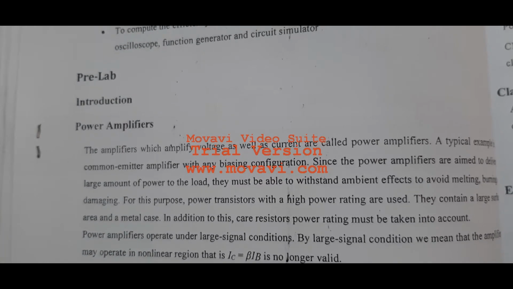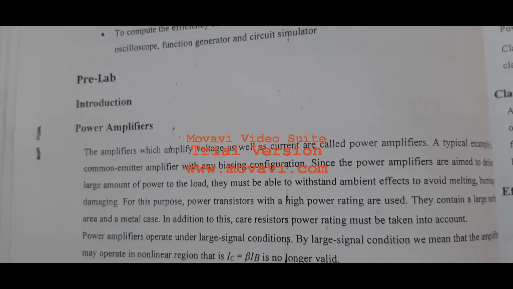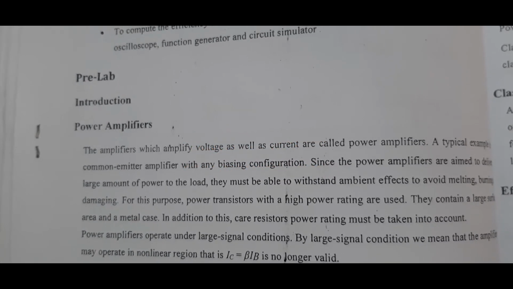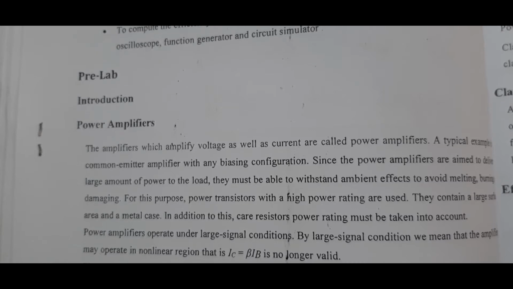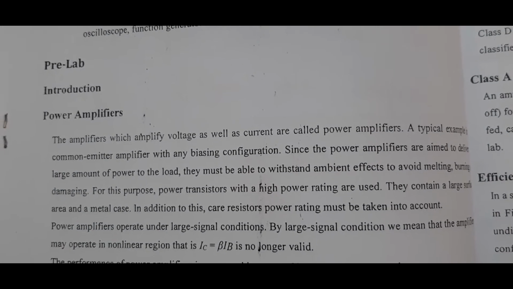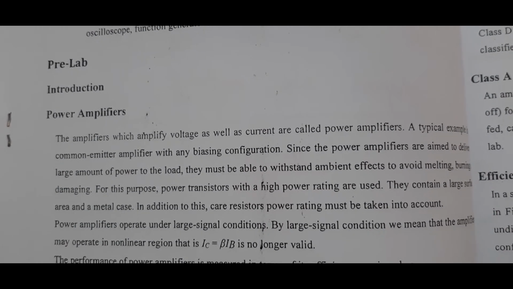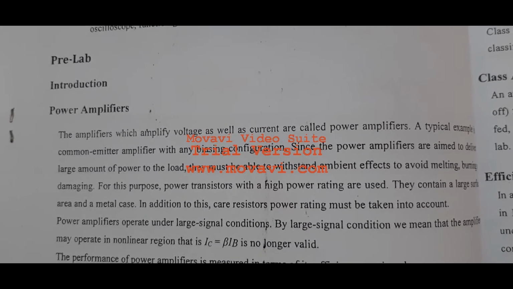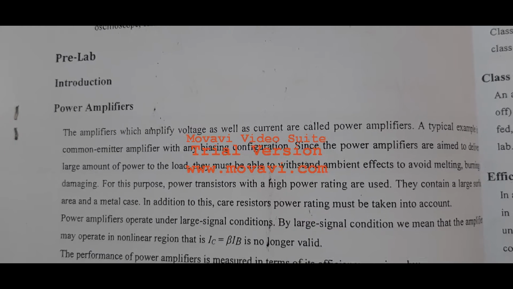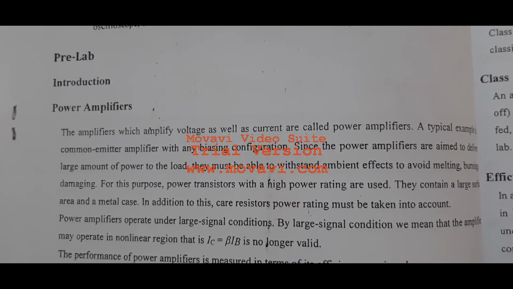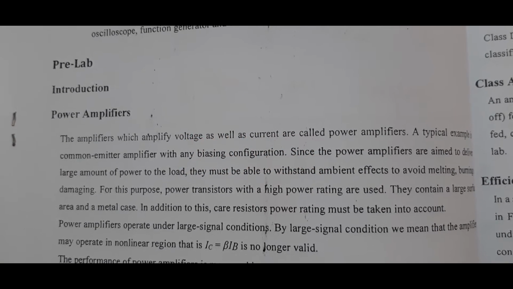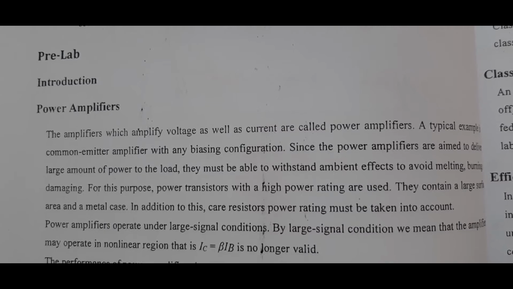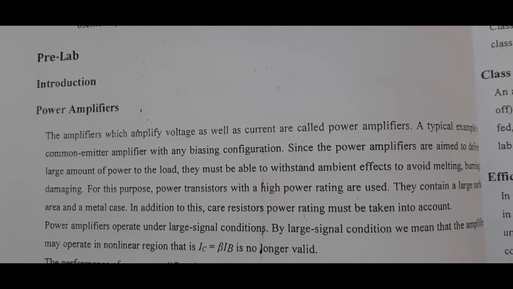So the components used for power amplification must be large, must have a large surface area to enhance the heat transfer to the environment. So the power transistors and the components connected, especially the resistor at the output side, must have a large surface area so that they have the capacity to bear the large amount of current flowing in the power amplifier. A power amplifier is usually the last stage of the amplifier system.